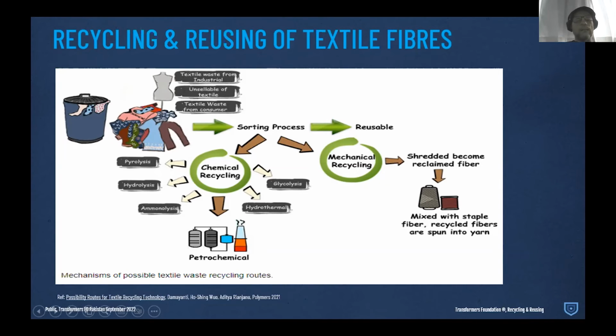The other one that is, I would say, more used in the fashion industry is the mechanical recycling. Mechanical recycling is, the fabric, or the material, goes through a shredding machine, very long and noisy machines. And then at the end, from these shredding machines, there are short staple fibers that can be combined with other materials to produce what is called a recycled material. So at the end it is mixed with the staple fibers, recycled fibers, and is put into yarn.